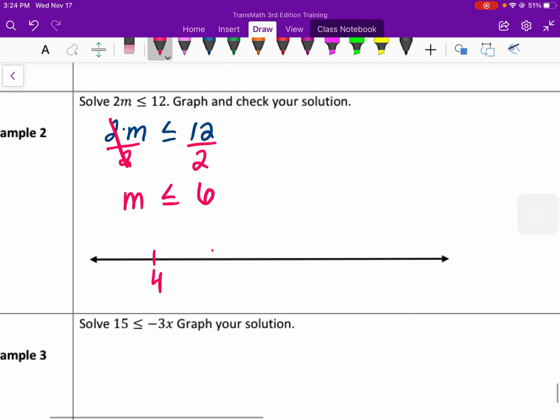So then we get 4, 5, 6, 7, 8. m is less than or equal to 6, so including 6, and then to the left, less than or equal to 6. All right, our next one